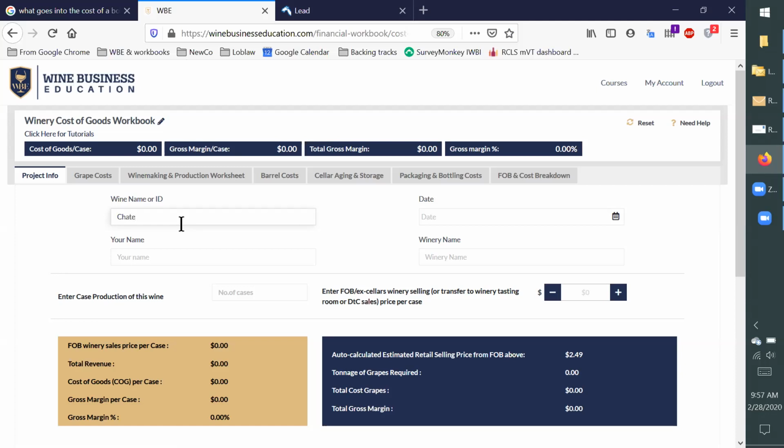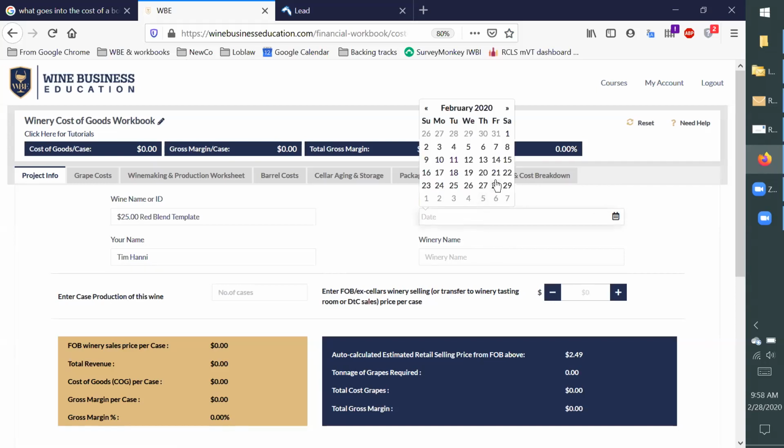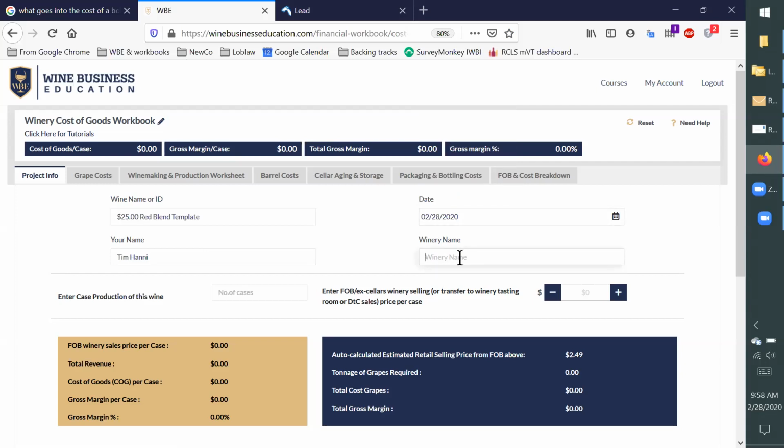the name of the wine. And let's do a red blend. And we're going to do a $25 red blend. You can do case studies with this program. You can do forecasting and workup. My name is Tim, and the date today is the 28th of December, and this is Chateau Timbo Winery, just